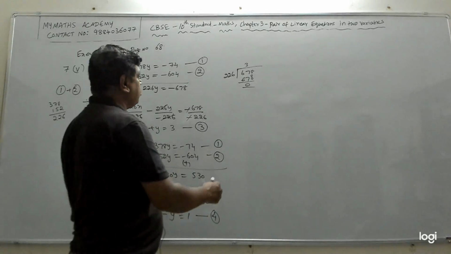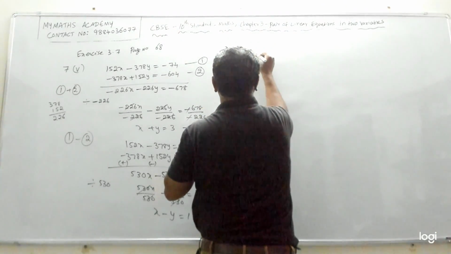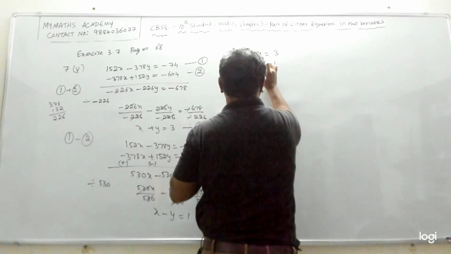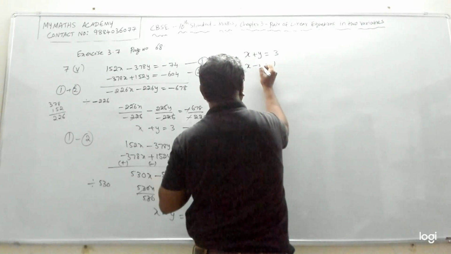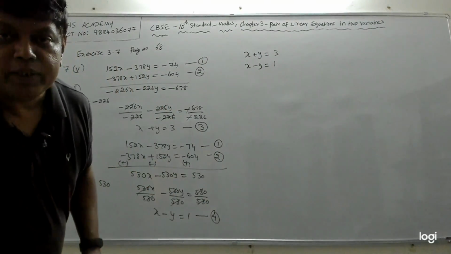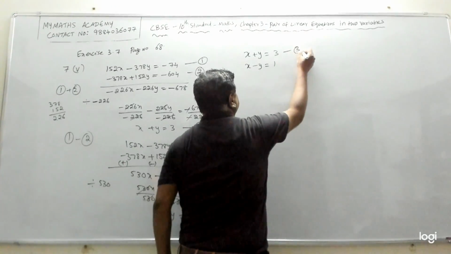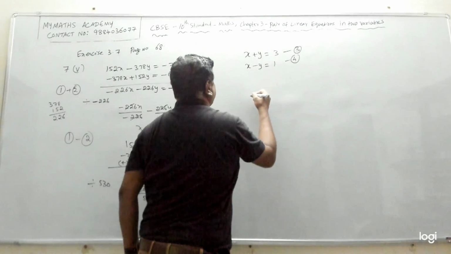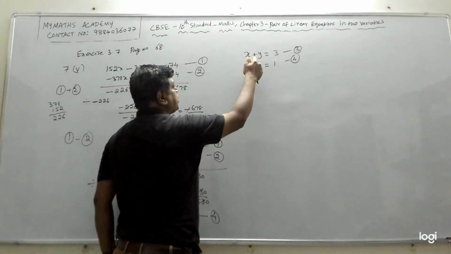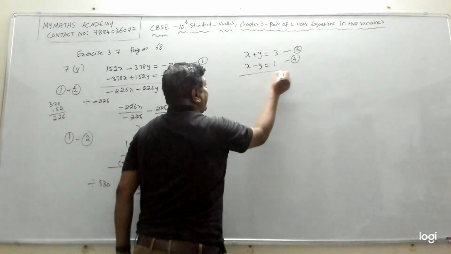So what we have got now is, we have reduced the given equation like this. x minus y equal to 1. So we have converted the given two equations in this form. So this is equation 3 and equation 4. Now we need to solve these two. Again we will check whether the coefficient of x is same or y is same. Here 1, 1, it is also same. Here plus 1, minus 1, that is also same. Even plus 1, minus 1 is okay. So we will add them.